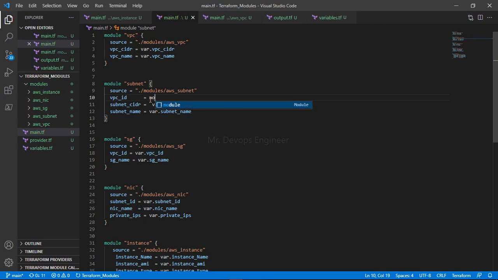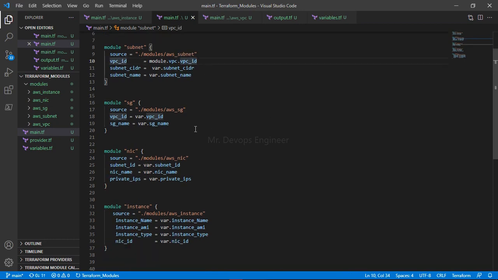And how will you use that? You will just do module.vpc.vpc_id. What name you gave here, VPC, then what is the name of the output you have copied, VPC ID. This is what I was saying. So you have gone through this module, you have outputted the VPC ID, which was a required parameter of a second module, and you have passed this value. The name of the output was VPC ID, so I came here and called module.vpc, which is the module name, along with the output name.